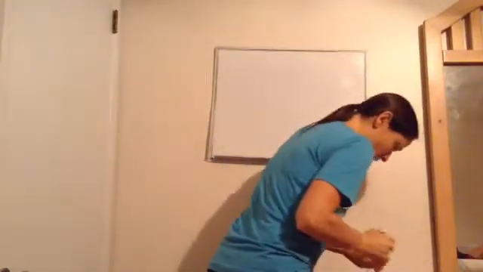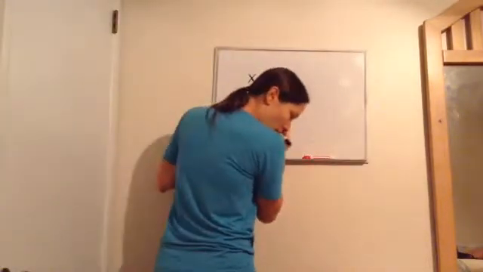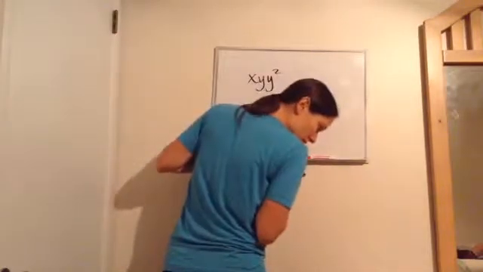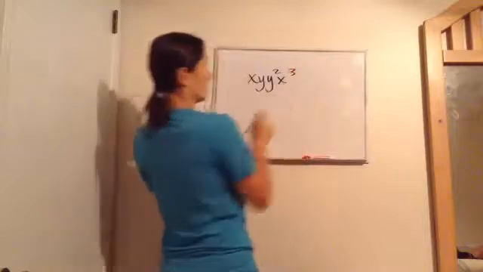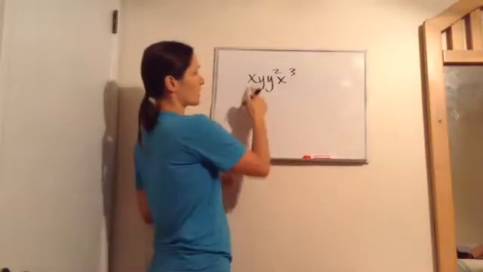I'm going to keep doing a few more of these, and then we're going to move to something. I'm going to move to a different color. That blue's not doing very good. Let's do this one, okay? The next problem they're wanting us to do is this one. x, y squared, x cubed. Okay? This one may look confusing, but it's really not because we already have an x and we